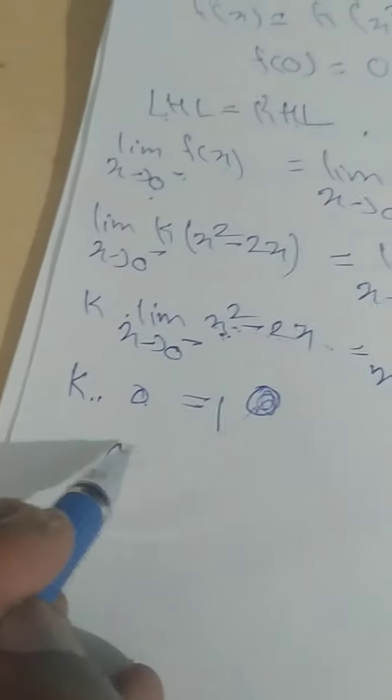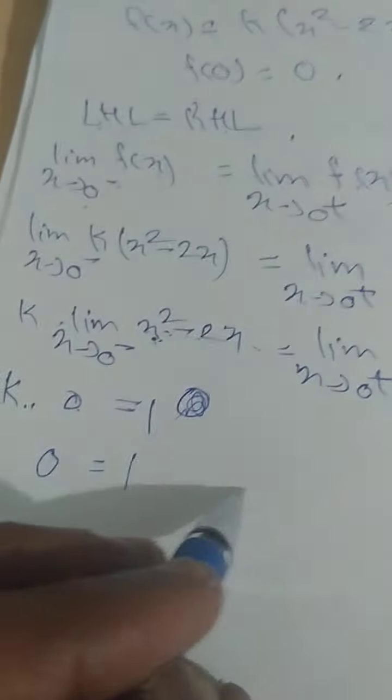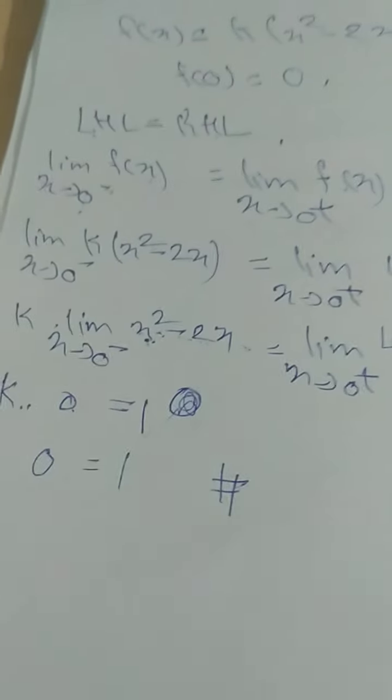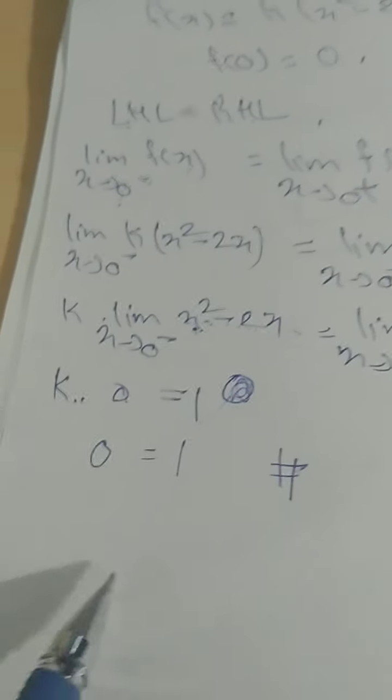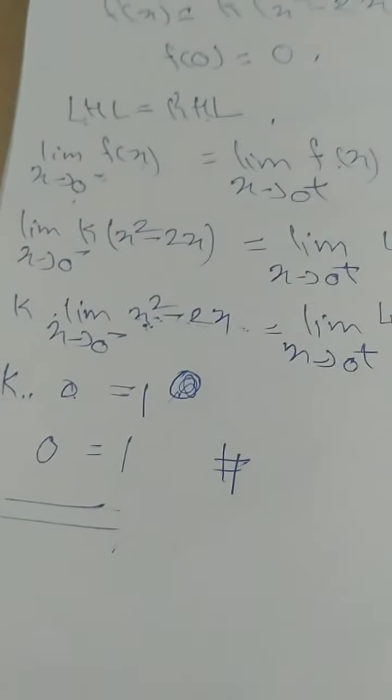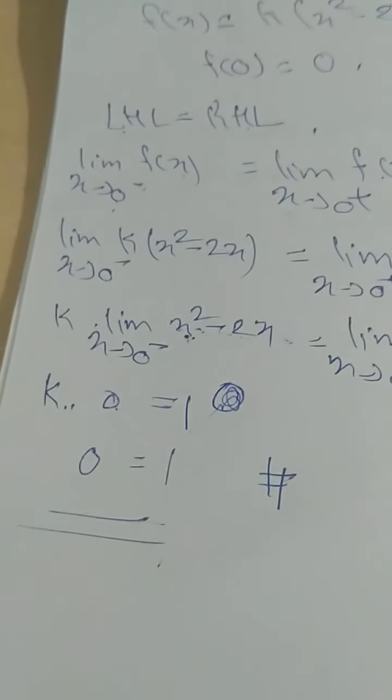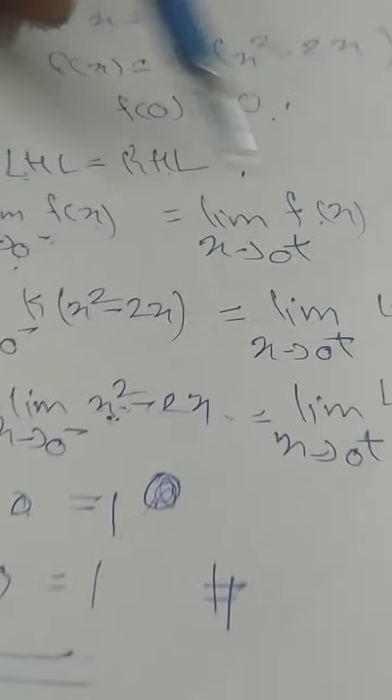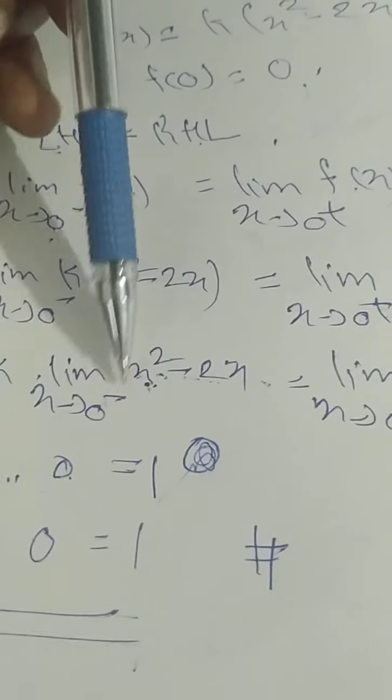So 0 equals 1, which is a contradiction. Here we are getting 0 equals 1, which happens to be a contradiction. Here you can have a look, if I substitute 0